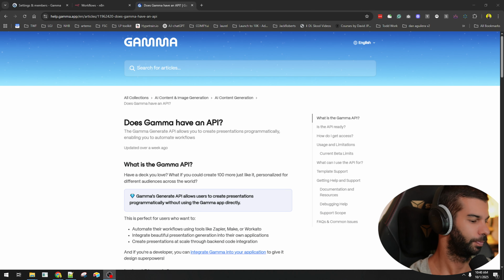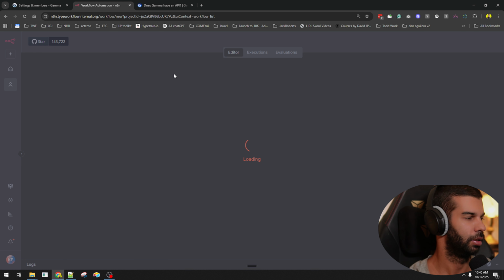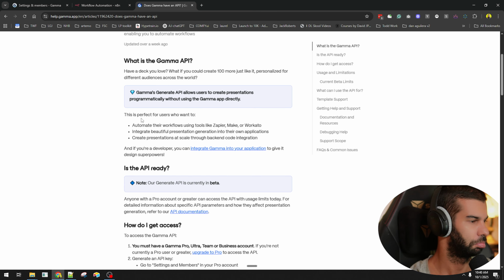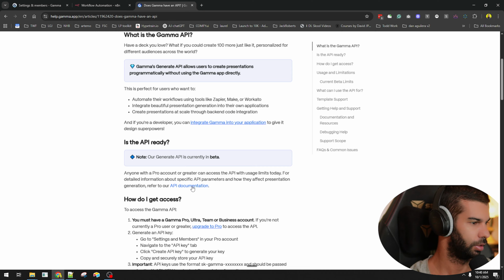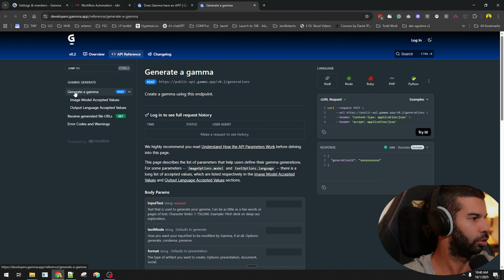So over here, all I have open are the Gamma settings right here. I just created an API key. I have an empty n8n workflow, and I have the documentation right here. So it's a step-by-step sort of guide that I'm going to go through and see how this all is working. So here I have the ability to, let's see, generate a Gamma,